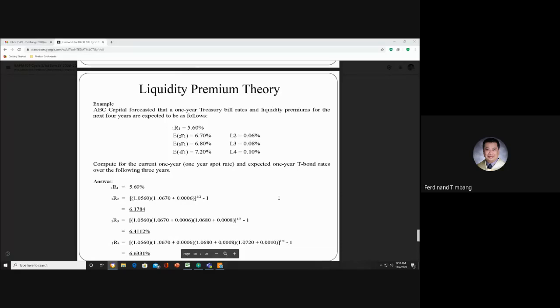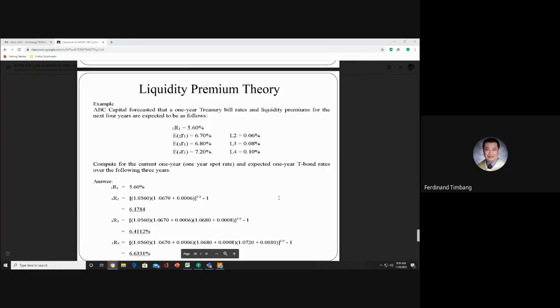Kung kayo nahirapan, mas doble ang hirap ng faculty sa totoo lang, no? Kasi we have to learn everything. At saka pagka nagtanong kayo, dapat masagot namin yung tanong ninyo. Minsan ang tanong, wala sa libro. Ako madalas natatanong ako ng wala sa libro. Kaya I have to answer them also. Pero pagka hindi ko alam, hindi ako magmamarunong. Sasabihin ko, titingnan ko kung paano yan i-research ko. No? Ganon. Anyway, so ito tayo sa liquidity premium.